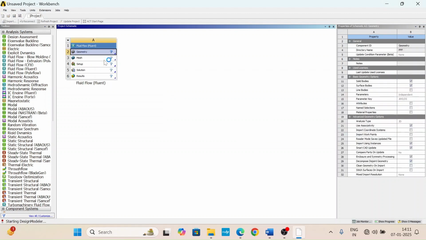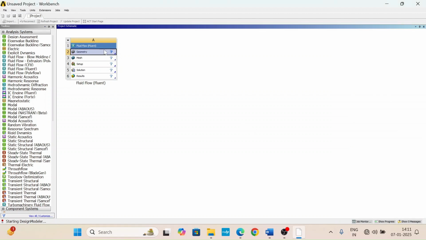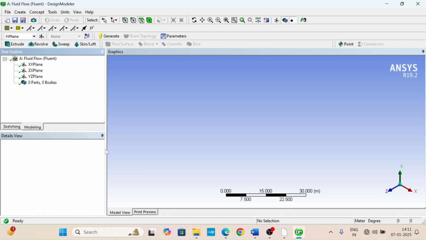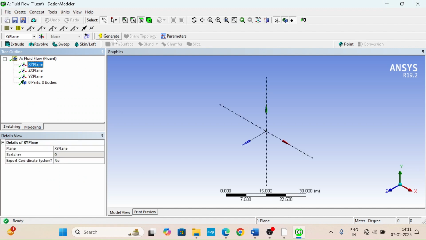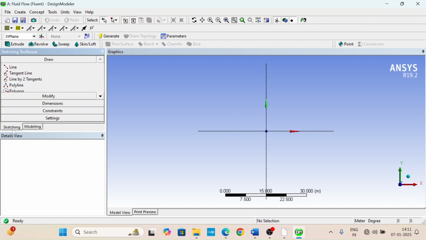Now take design modeler, take XY plane, look at sketching, take rectangle,